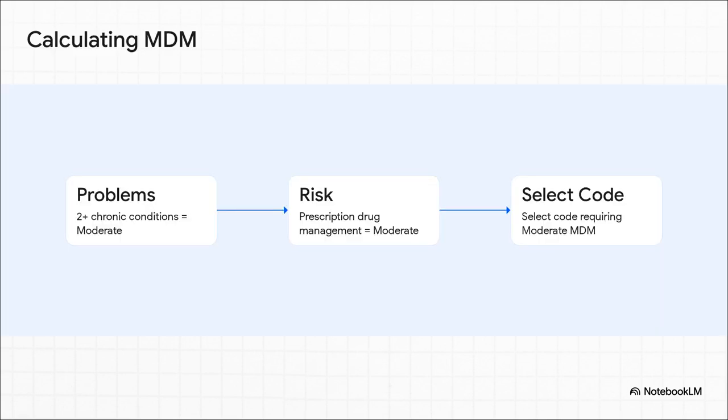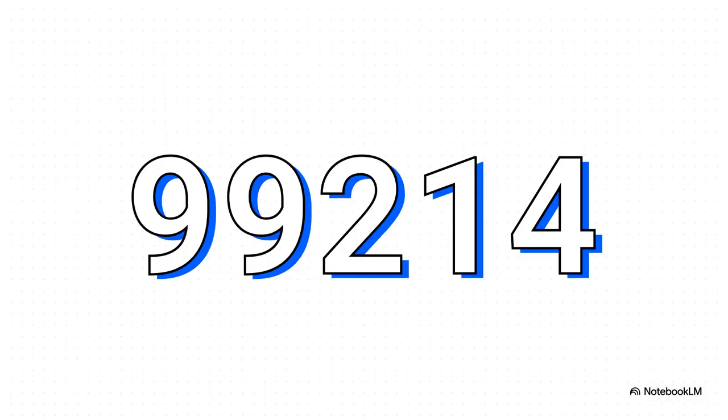Now we calculate. Step 1, having 2 or more chronic conditions lands us right at a moderate level for problem complexity. Step 2, prescription drug management. That also lands us at moderate for risk. Now, remember the rule. You only need to meet 2 of the 3 elements to lock in an MDM level. Since we've got moderate problems and moderate risk, boom, our overall MDM is moderate. Step 3, we just select the established patient code that requires moderate MDM, which gives us our final answer, 99214. See how that works? It's a perfectly compliant, highly accurate code driven entirely by the clinical complexity we extracted directly